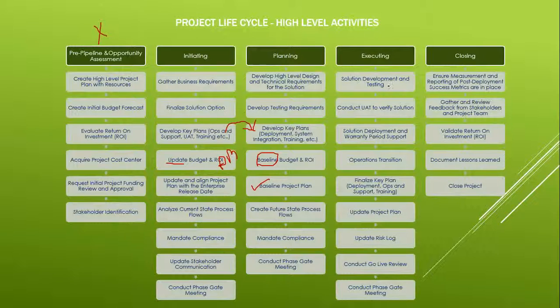The testing team will start writing test cases, and your development team will start with coding. In parallel, your UAT also starts. Development starts and ends in the execution phase. Your testing also starts and ends in the execution phase. Your UAT starts and ends in the execution phase. Here you have created the test cases and test plans and had them approved, but now you are executing them.